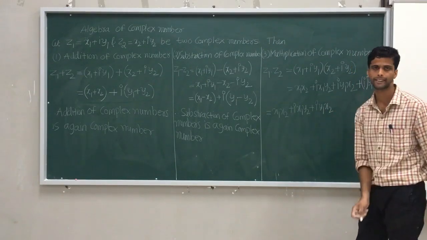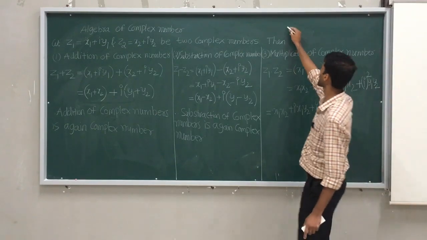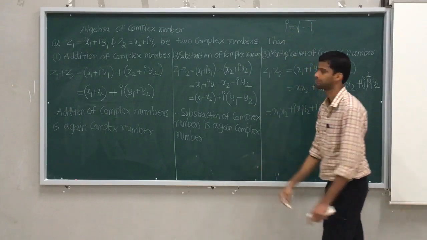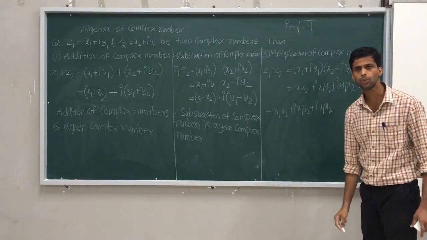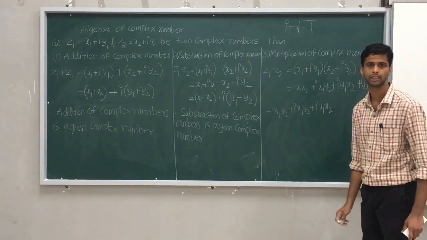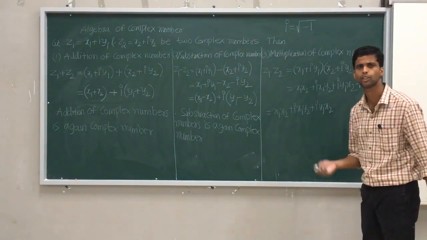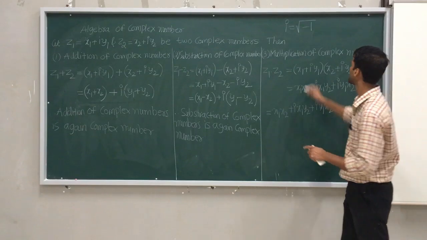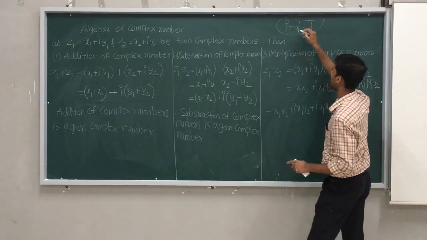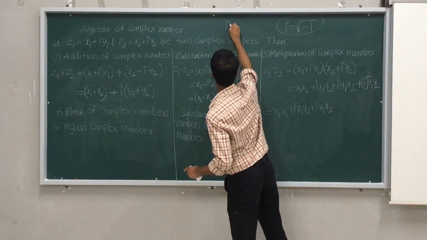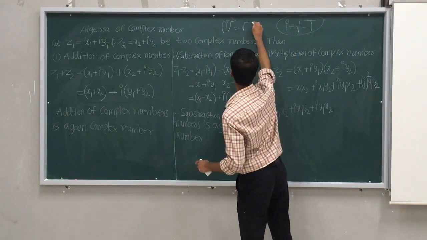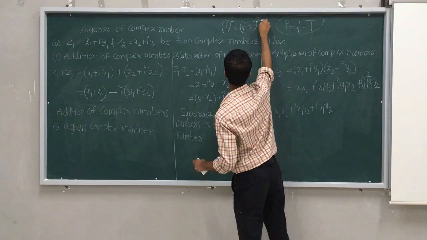Now what is the answer for i square? I told in my lecture i is under root of minus 1. What i cube, i raised to 4, i raised to 5 are, I will take in the next video. For the time being, can you tell me what i square is? Squaring both sides, i becomes i square, and here it becomes root minus 1 the whole square.